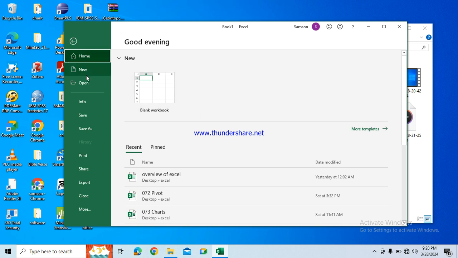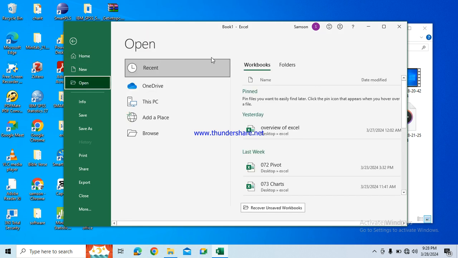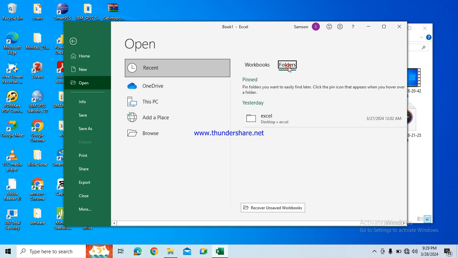Now, under our file group, we have new. In case you have been working on an existing worksheet and you want to create a new workbook, this is it. This is a blank workbook. Then we have open. In case you have an existing work, you can click on open, and you'll be asked if you have your file in browse. When you click on browse, it takes you to different directories: this PC, the web, or your OneDrive. Come here and select folders. Then we have